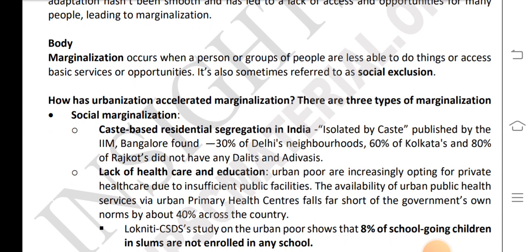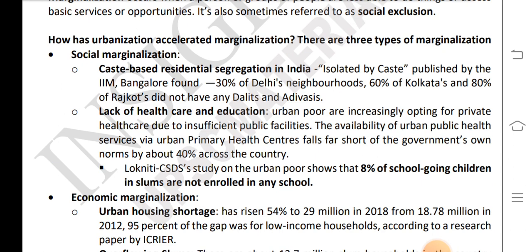marginalization. Marginalization occurs when persons or groups of people are less able to do things or access basic services or opportunities. It is also sometimes referred to as social exclusion. How has urbanization accelerated marginalization? There are three types of marginalization: social marginalization, caste-based residential segregation,